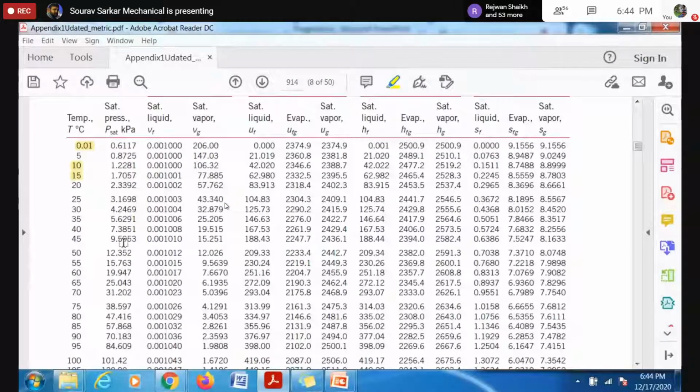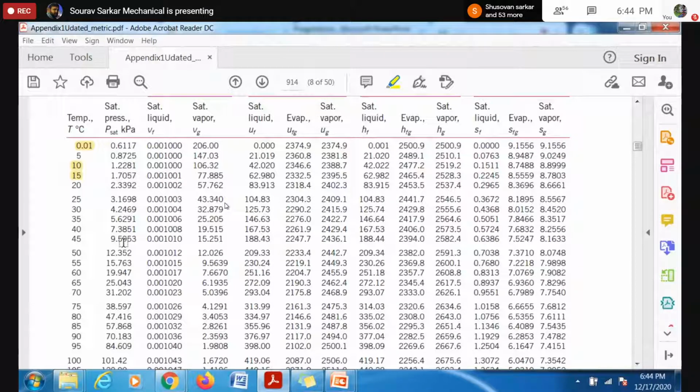The pressure. What is the meaning of the second column? Saturated liquid form. Yes, exactly. I told you that whenever there is boiling, if you fix the temperature, the pressure will automatically get fixed, or vice versa. If you fix the pressure, the temperature directly gets fixed, because they are not two independent parameters. Whenever you say my water is boiling at 100 degrees Celsius, this directly ensures that the pressure must be 1 bar. Do you get my point?